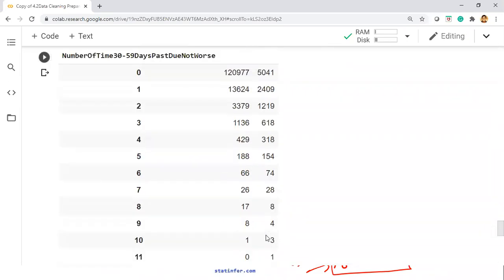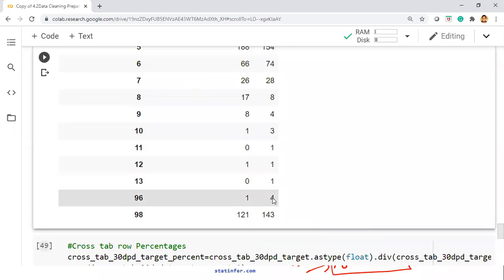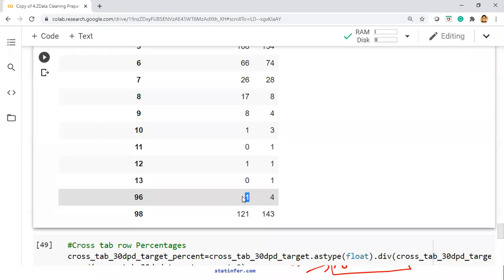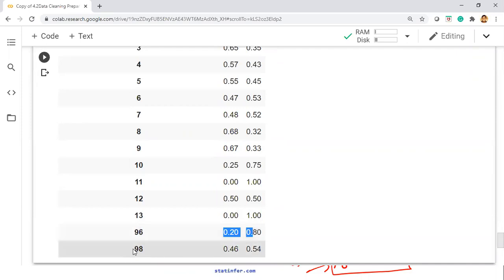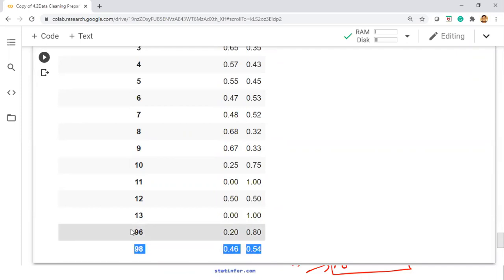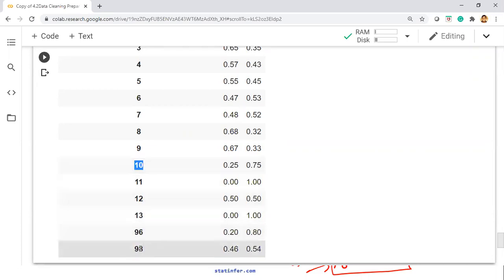But I will not consider this very seriously because there are only 5 records here. Out of 5 records, 4 are bad, and the one remaining is here. So in real business, if there are only 5 records, we don't take that seriously. Whatever we do with 98, we simply do it with 96. Are you with me? This is not given extra preference. You can give that also. You can check out, maybe you can replace that with a 10 and all that. But in reality, if there are some default values like this, if one of them is driving most of the population, whatever you do with 98, you simply do it with 96.